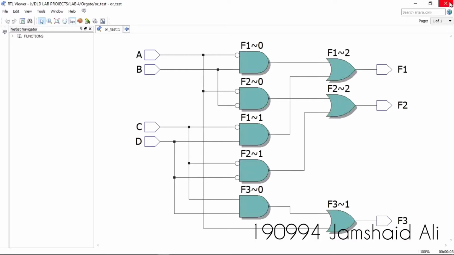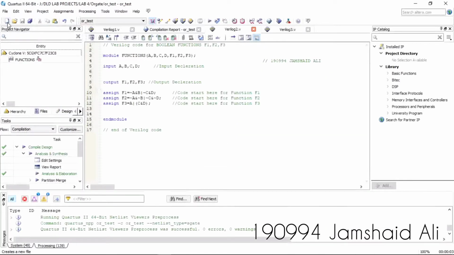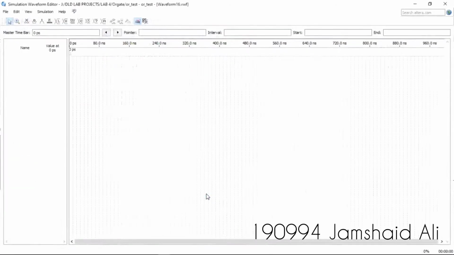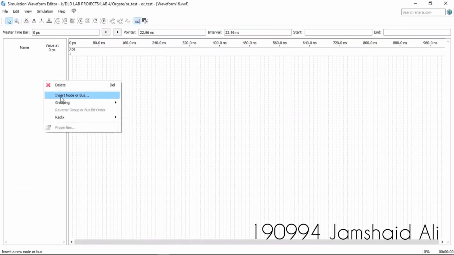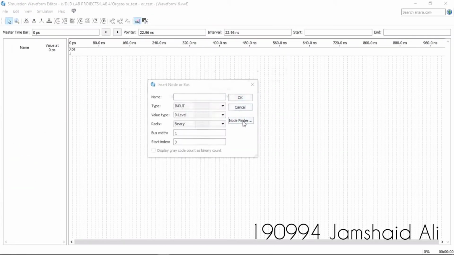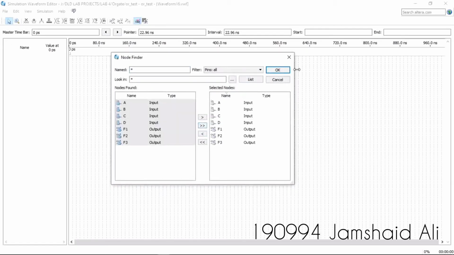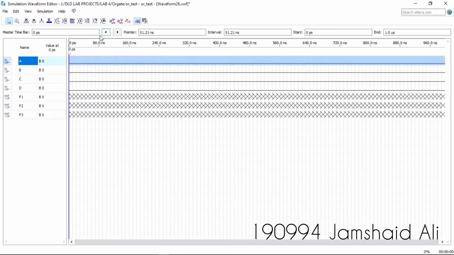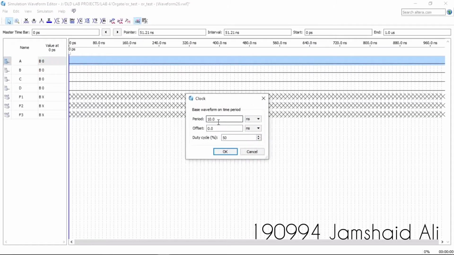So now if I'm going to show its waveform, then I have to go to University Program VWF and then insert node or bus, node finder, list, and then press OK, and then I have to apply its period.